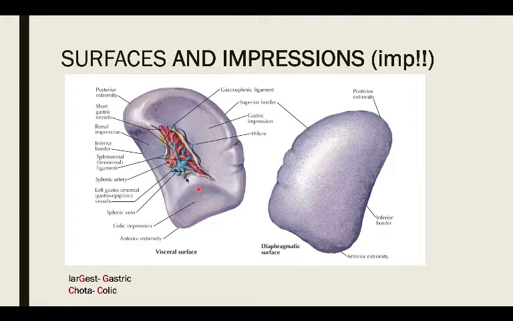Then in between these impressions, you can see this thing. This thing right here is known as hilum, and hilum is like a gateway or a gate for the vessels passing through it. So they can ask what are the structures passing through the hilum. There's going to be the splenic artery and your splenic vein, which are the basic important ones for us. So splenic artery and splenic veins are going to pass through this hilum.